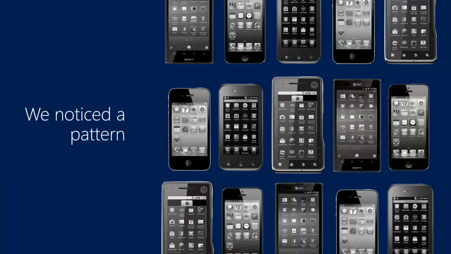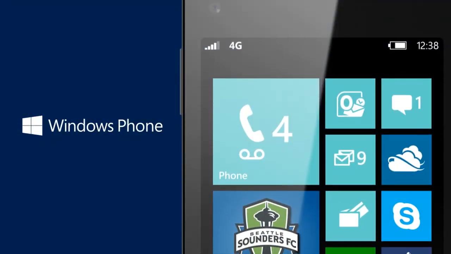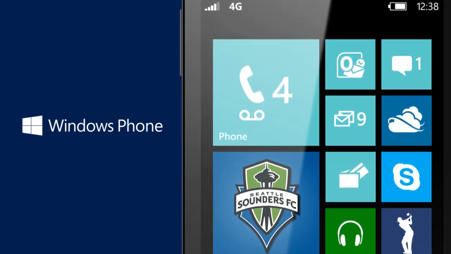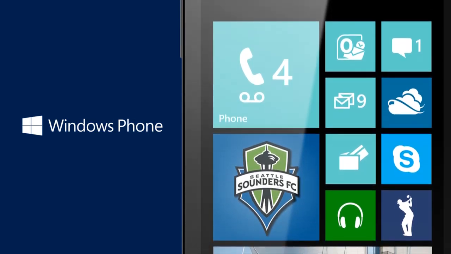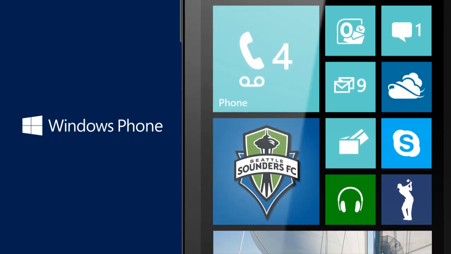So, we looked at this and said, what could we do? So the idea, as you've seen, was Windows Phone. And Windows Phone 8 here, with the new live tiles, the tile is sort of the cornerstone of this metaphor. The idea being, you want it to be personal. You want the phone to be customized. You want it to be relevant. You want it to be the things that person cares about. And obviously it's connected. It's getting real-time data off the internet.